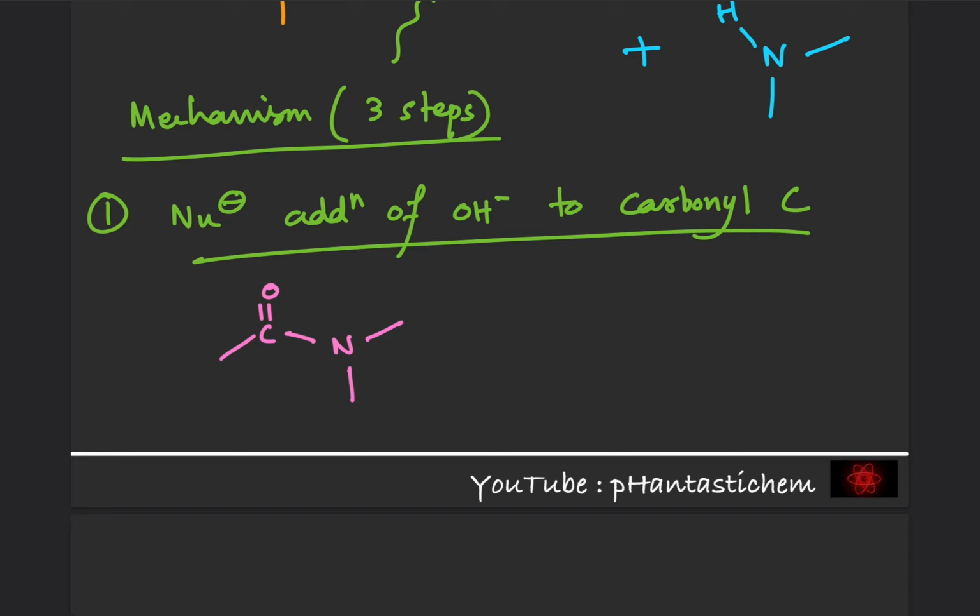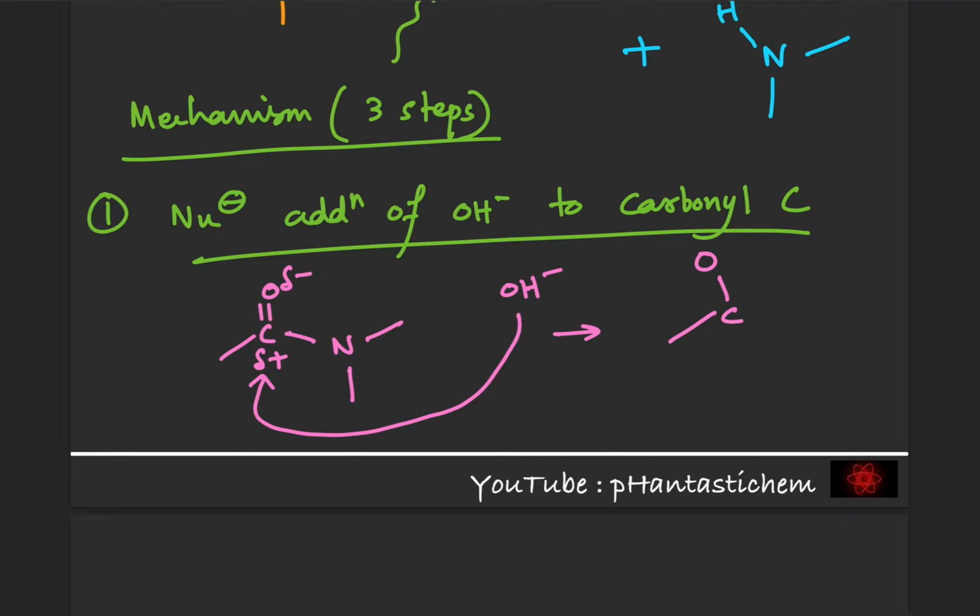So since it is the carbonyl carbon, it will bear a partial positive charge. This O will bear a partial negative charge. So I will give those charges. And the OH minus from Na plus will come and attack our carbonyl carbon. And because of that, one of the pi electrons, or the pi bond, will become a lone pair. Okay. So we will get